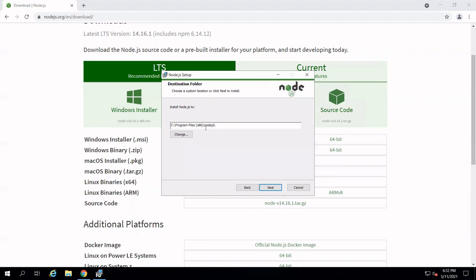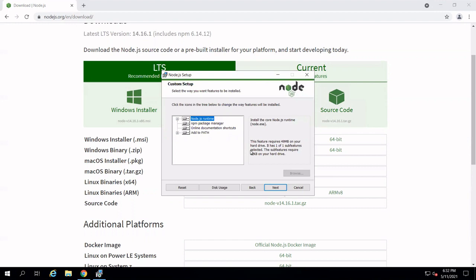The path is C:\Program Files and then the Node.js folder. If you want to change the path, you can change it by using the change button. Or else if you want to keep the same default path, then there is no need to change. Click directly on the next button.